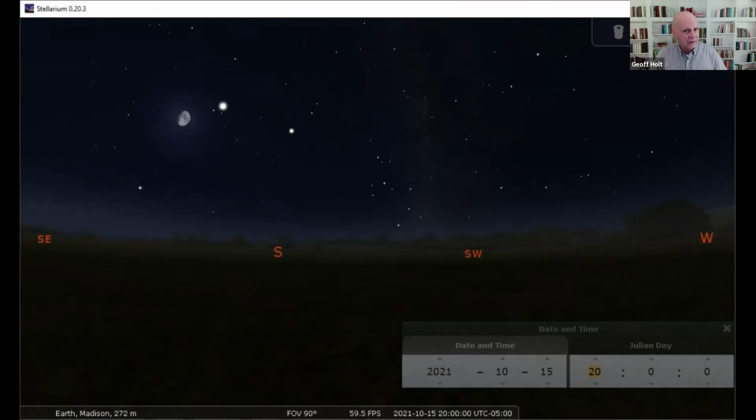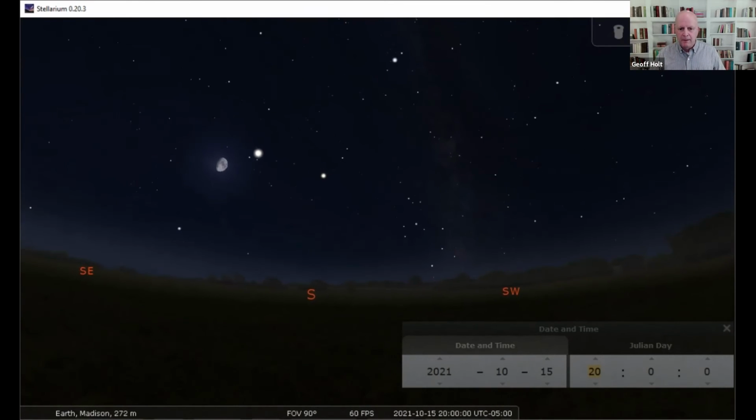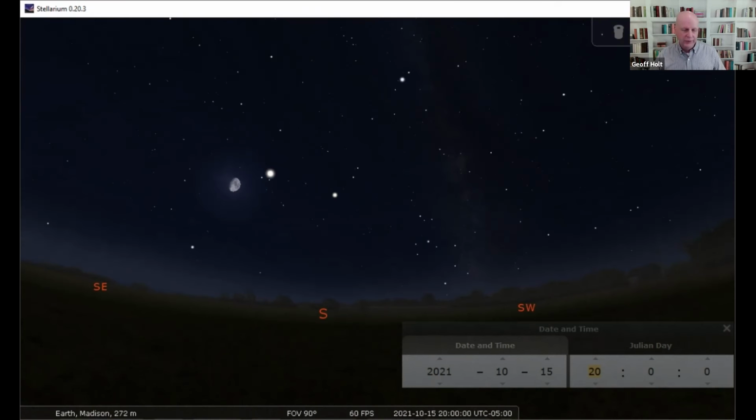By 8 p.m. tonight, I said it would be fully dark. You don't have to go out at midnight to have it be fully dark. By 8 p.m. tonight, it will already be as dark as it's going to get. Now, in addition to the planets, one thing that I want you to do is to go out and look